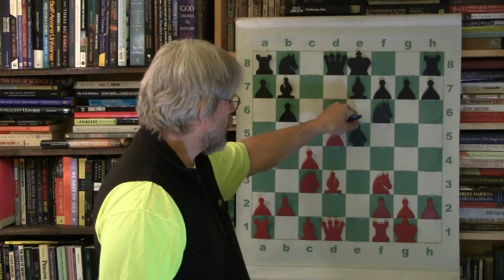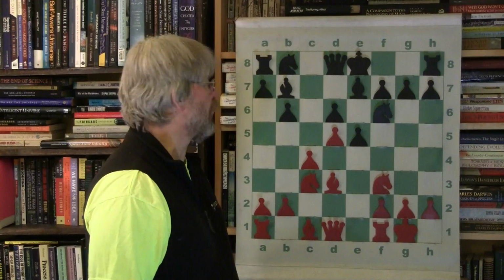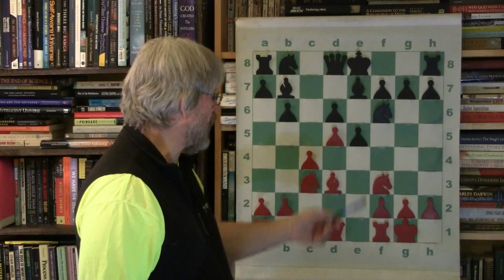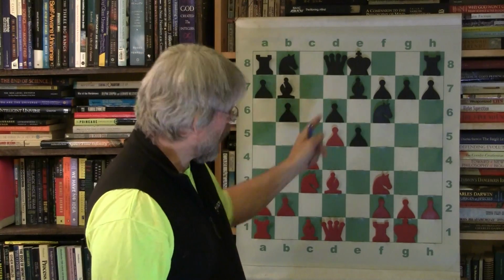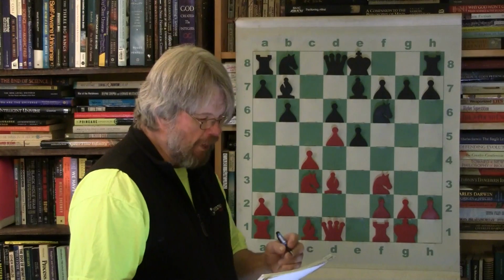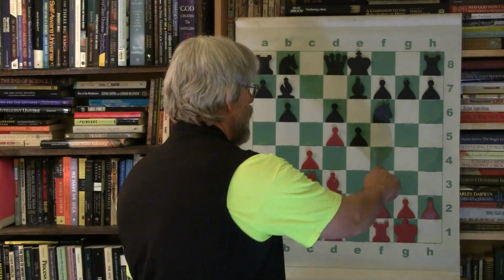Black here does not exchange the pawn. He brings his pawn forward, giving a good outpost if he can get to it, although I don't think that pawn will last because we still have chances to get rid of that pawn. So the strategy hasn't been just to exchange and exchange and exchange. Now he's pushing the pawn to stop that exchanging. However,